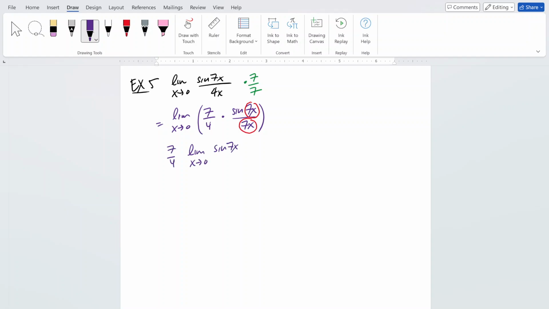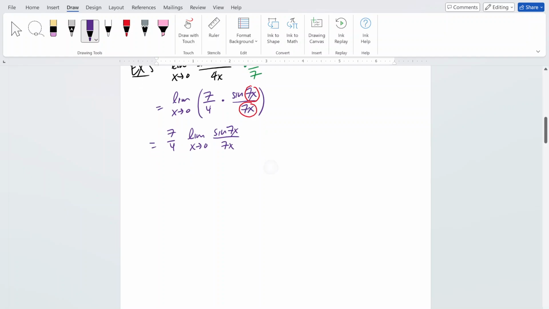So we get this situation here. So it's equal to that. And then now let me write the comment here that if we let theta equal 7x, then we essentially have sine of theta over theta, right? For this part of the fraction. So once we let theta equal 7x,